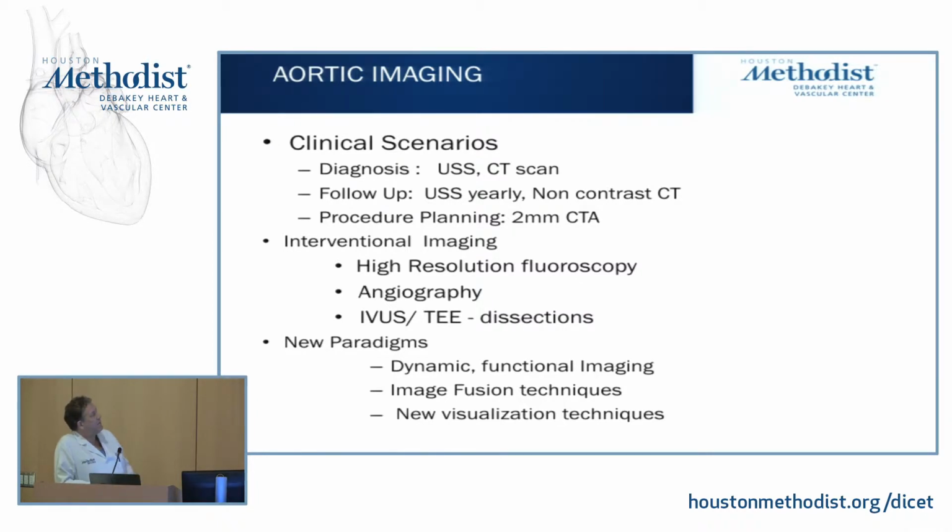You don't need to do that every year. So diagnosis can be done with ultrasound, CT, less commonly MR, with yearly follow-up if you're not planning to do an intervention. If it's in the abdomen, we use ultrasound. If it's in the chest, we use a CT scan. If we're going to intervene on these patients, almost all of them have a contrast-enhanced CT scan. An exception could be an MR in a patient with elevated creatinine. We use